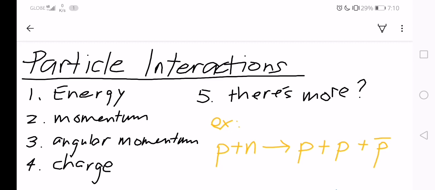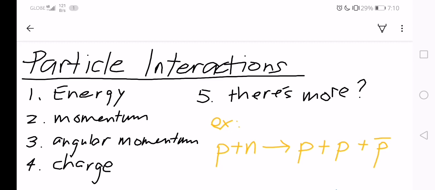Upon the study of particle interactions, scientists have discovered that there are actually more conservation laws needed to explain these particle interactions. So, for instance,